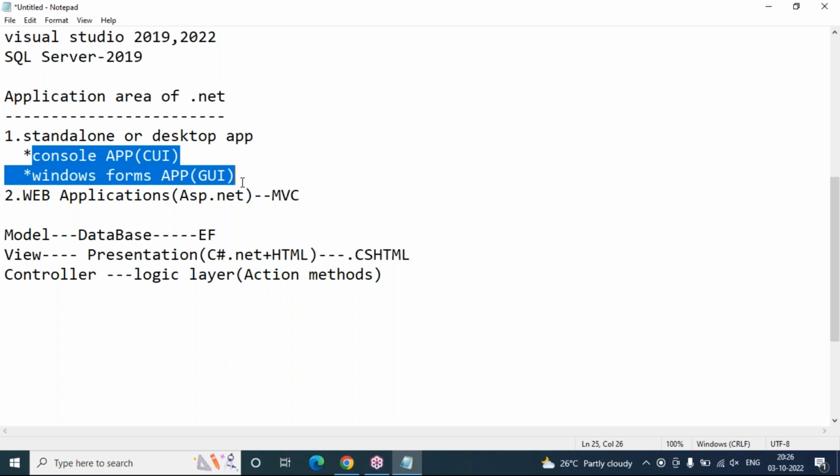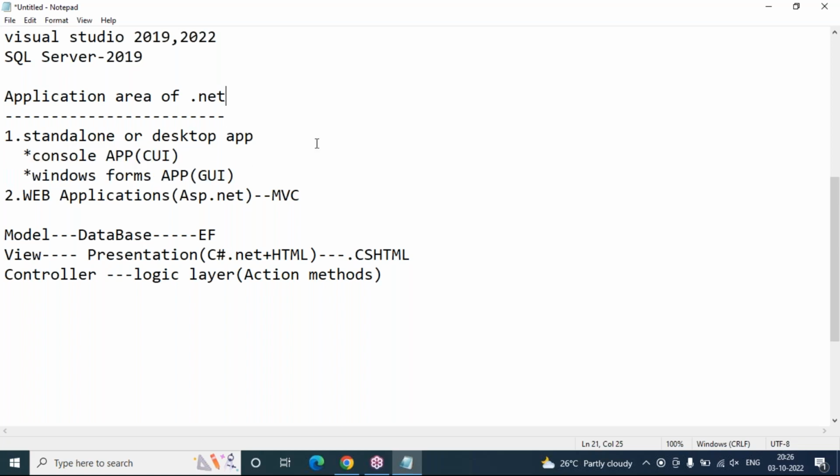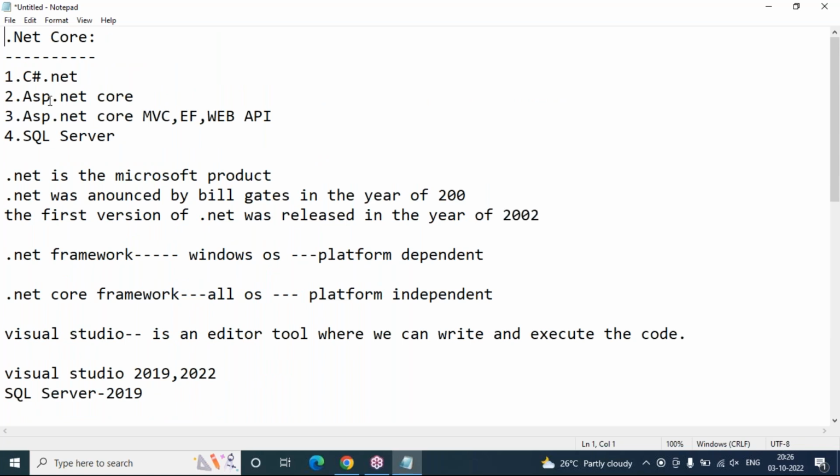ASP.NET with the normal framework and ASP.NET with the Core framework are unrelated, a completely different style of architecture. So whenever I start ASP.NET Core in our classroom, I'm going to teach it completely core related. But for the last 10 years I was teaching ASP.NET with C# and SQL, completely at the framework level. Those videos are also with me, and I can share them before we start ASP.NET Core.